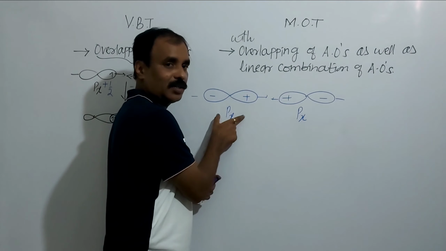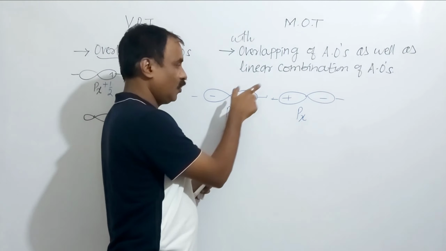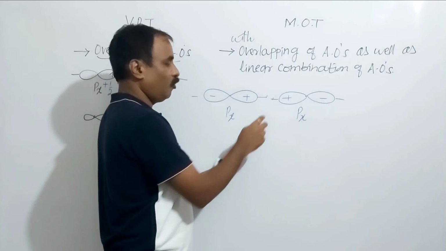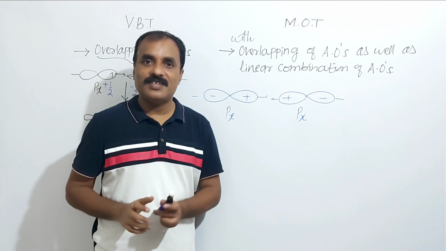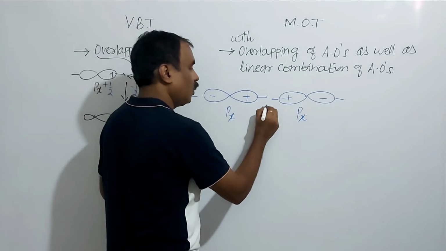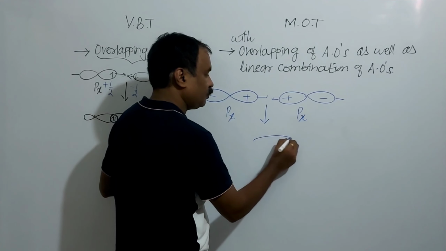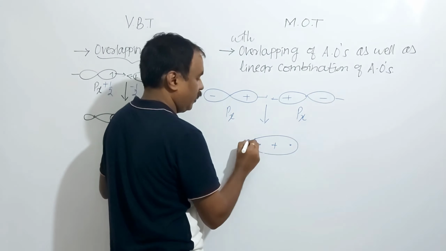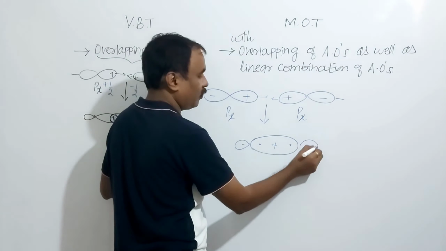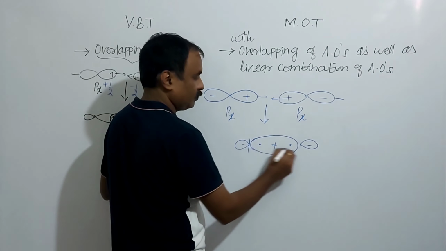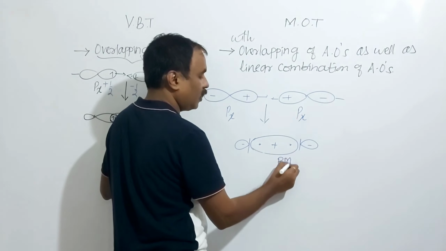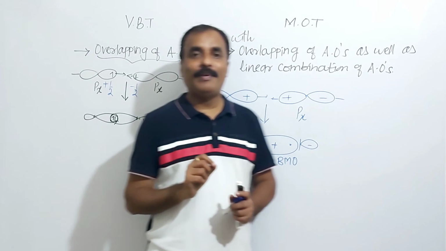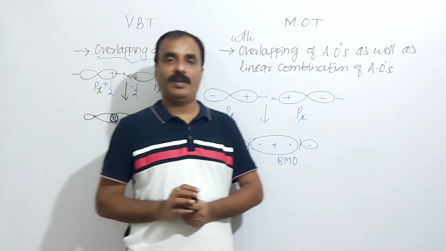So this is the wave function of px of one atom, and the wave function of px of another atom. Positive amplitude, positive, positive, there is addition. And remember, when there is addition of waves, it gives a bonding molecular orbital. It is like this. Here it is the bonding molecular orbital. So with overlapping there is a linear combination of these two atomic orbitals.